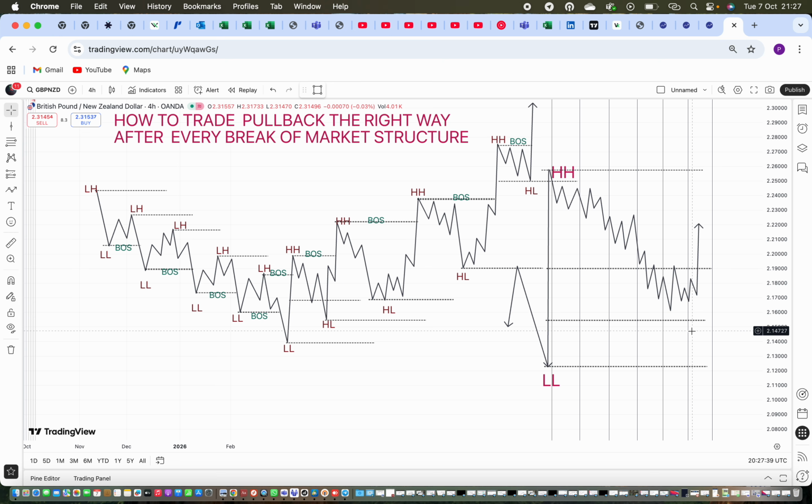All right. So now let's name these days again, because if you don't even want to study fair value gap, liquidity concept and all that, only this idea that I share with you can change the way you trade pullback. All right. So let's say that is day one, day two, day three,